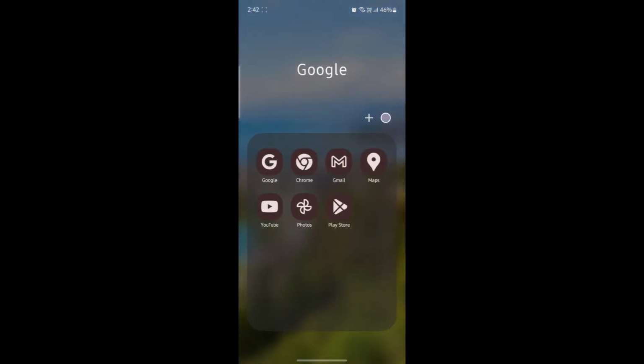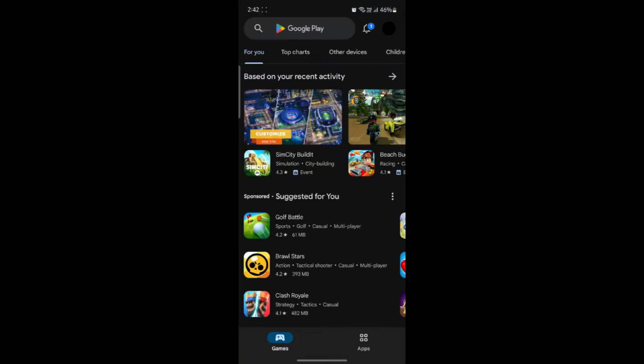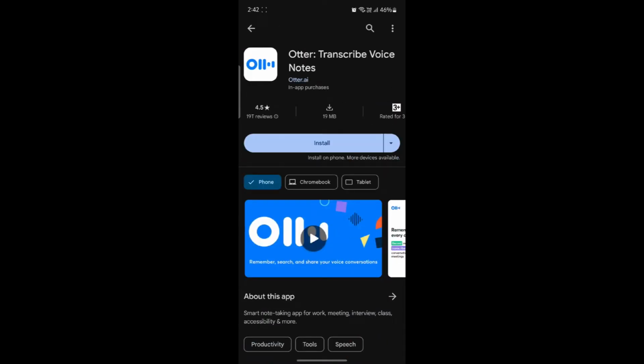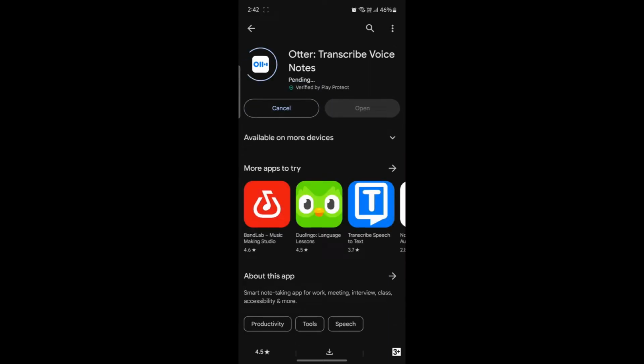Go ahead and open Play Store, which is on your phone. Go to the search bar and then search for Otter. Click on Otter and you can see the install button. Click install, wait for a while, and then Otter.ai will be downloaded and then installed in your phone or your